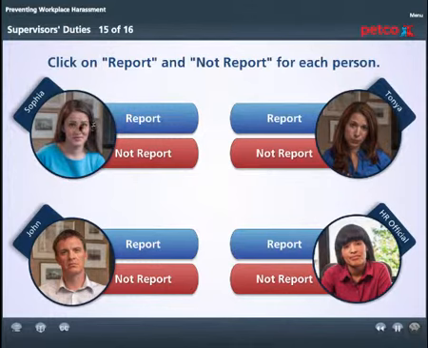You click on, for each person, so for Sophia, you click on what would have happened if you look into the future. What would have happened if you had reported the harassment? And she describes what happened, and of course she was a bit upset that she had to go to HR right away, but ultimately it became the right decision. Whereas if you don't report,